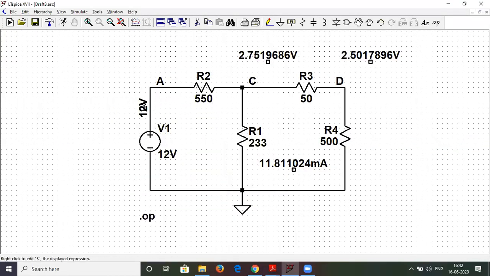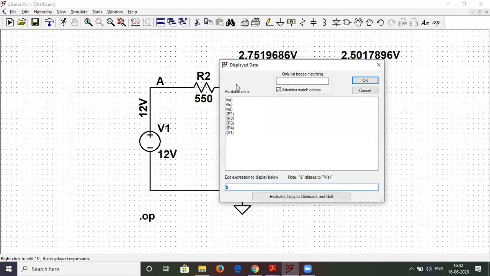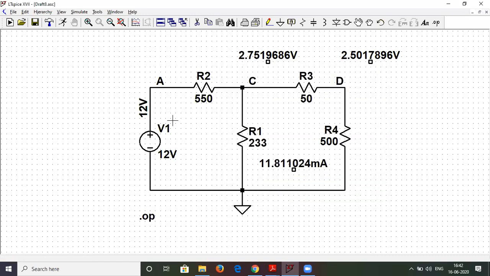It will show you one value. Now I can turn this value into any of these variables. Let me show you. Let's say I want this value to be V of A, for example. We know it is 12 volts only. So now I can remove this from here and place it anywhere. So that's the meaning of that. Is your doubt clear? Yes, sir.